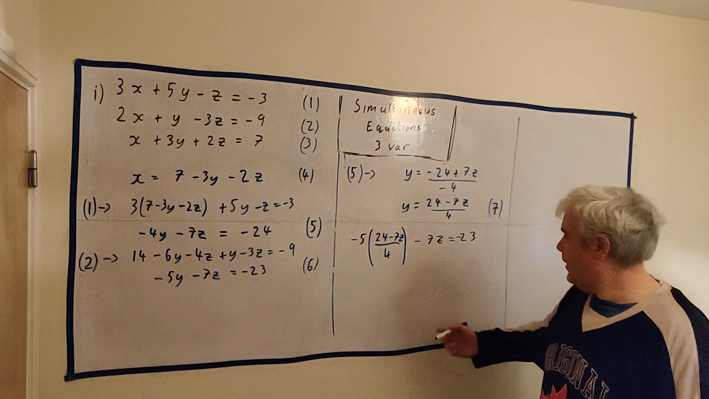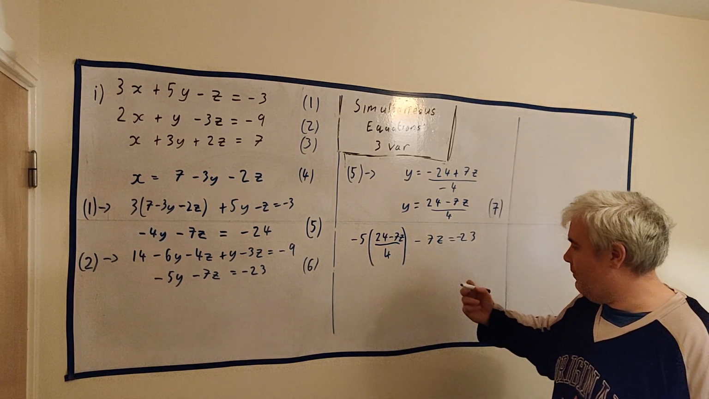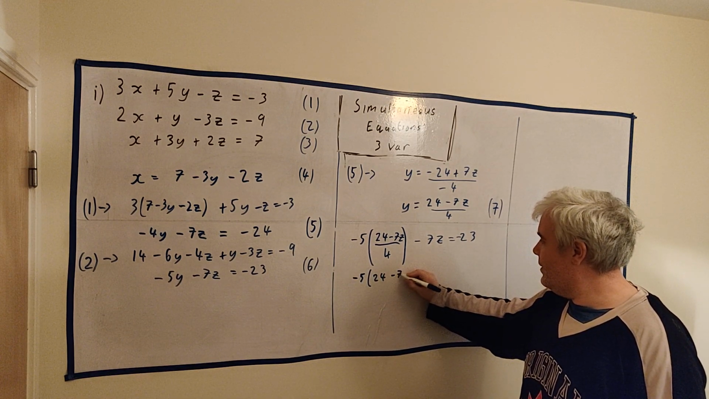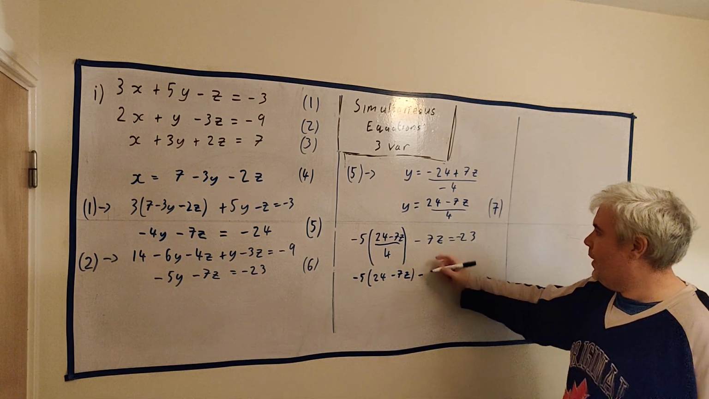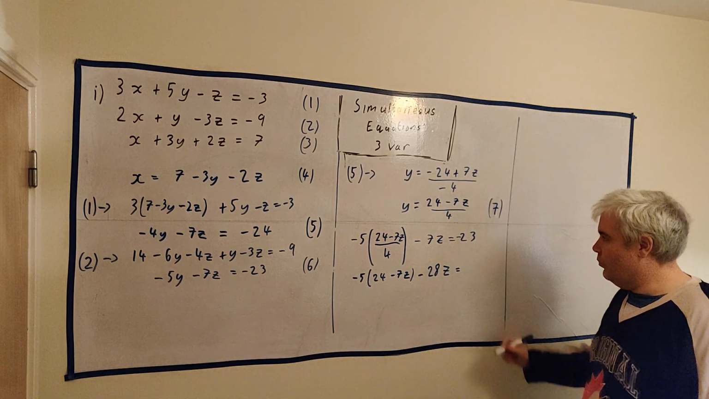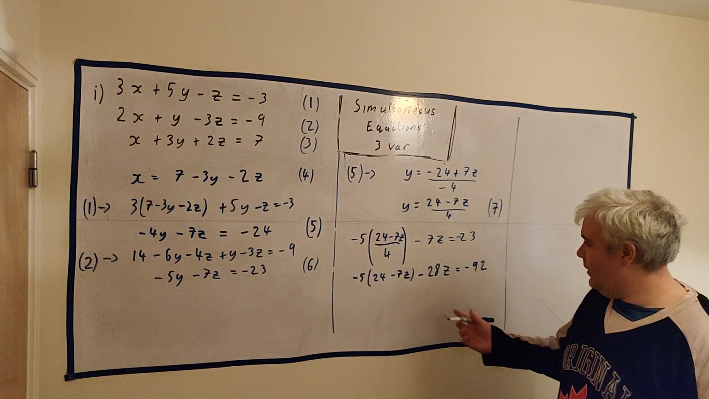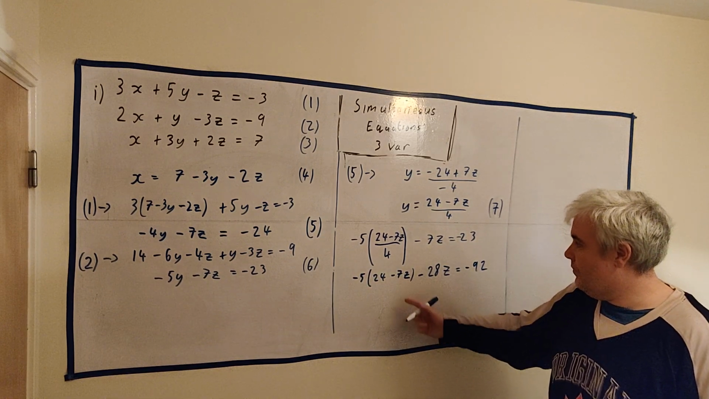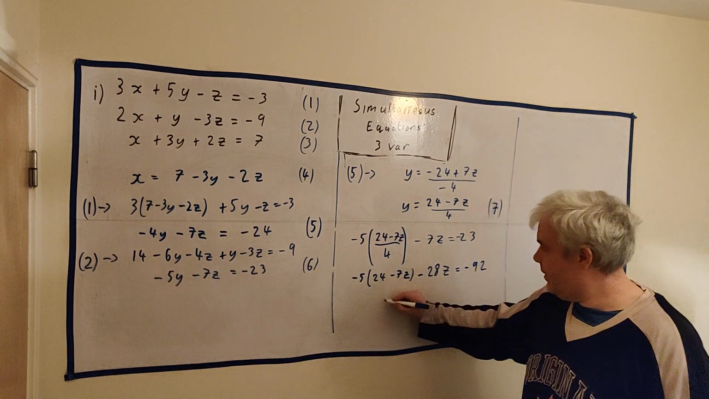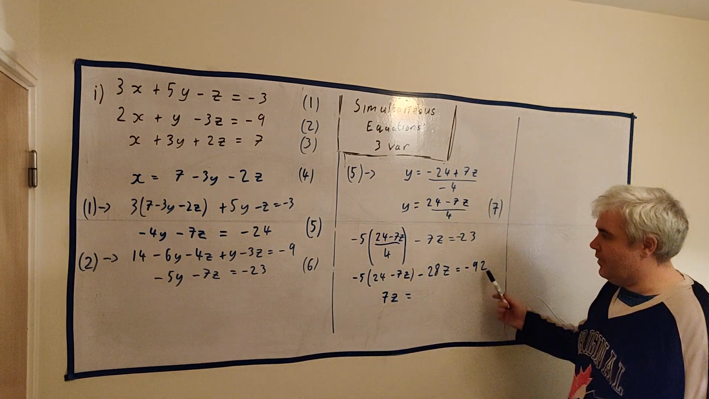Okay, so let's multiply this out. Let's multiply everybody by 4 and multiply this one by 5. Let's do it in parts though. Minus 5 multiplied by 24 minus 7z, minus 28z is equal to minus 92. And let's get all the z's together then. So what have we got? We have 35 plus 35 minus 28, so that's 7 z's, is equal to, let's see,